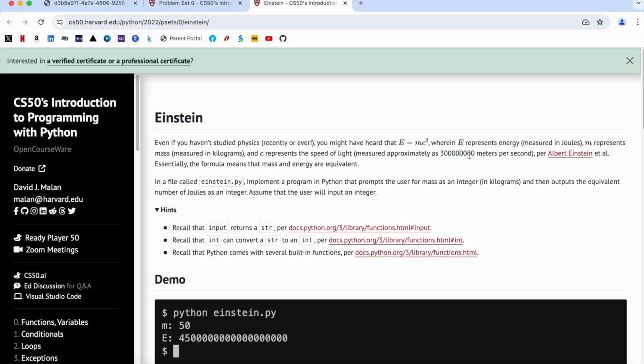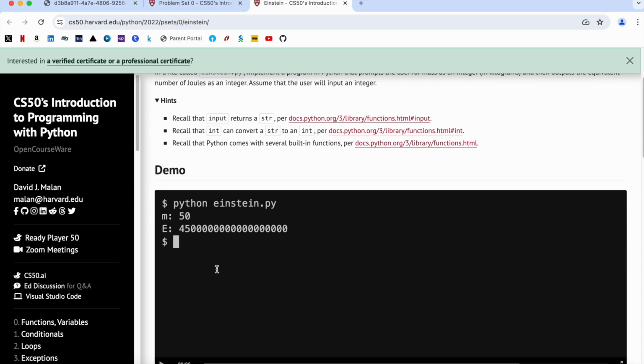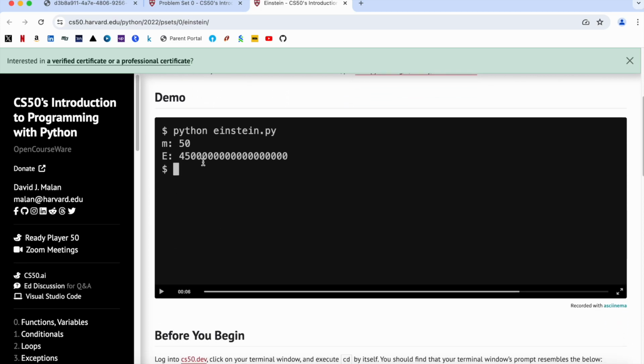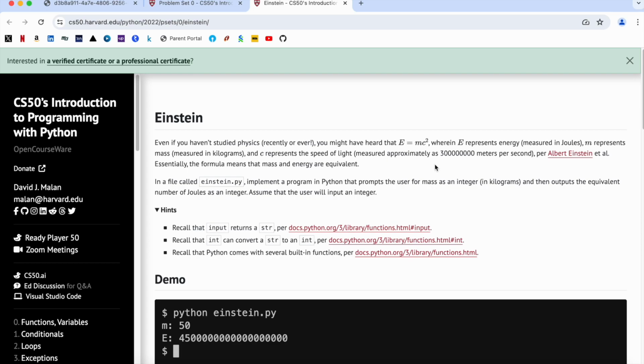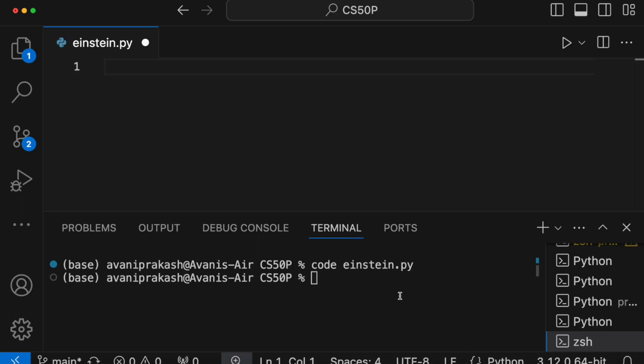So I assume that there should be 8 zeros here, but please do check it out and let me know in the comments if my memory is right or not. So it should be looking something like this: m is the user input, and E is the value that will be obtained after using this formula. So let's jump into VS Code, Einstein dot py,